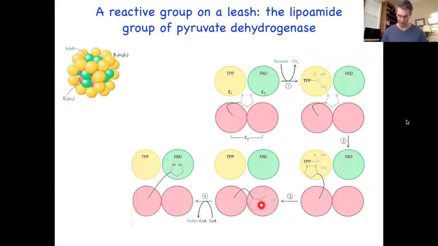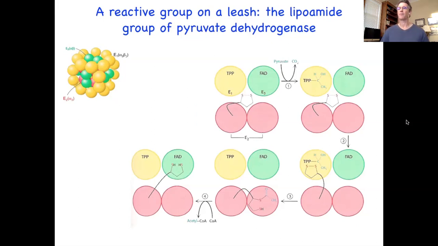When the acetyl lipoamide group is loaded, this enzyme will now bind some reduced CoA to form, through the transacetylation reaction, acetyl-CoA. Now, when acetyl-CoA has been made, and the lipoamide group is now dihydrolipoamide, it's reduced lipoamide,